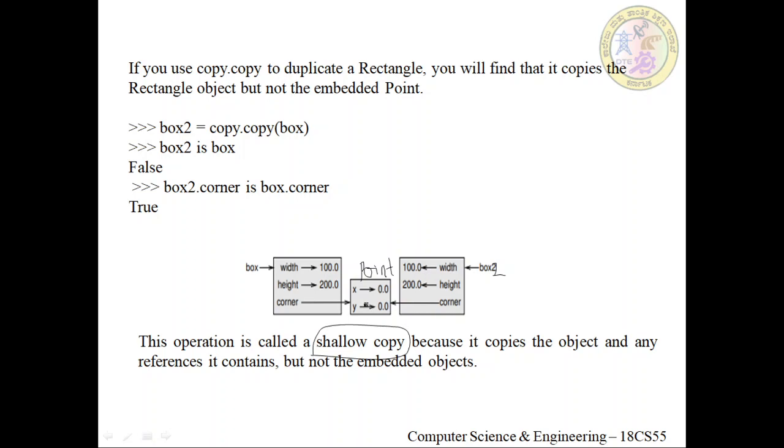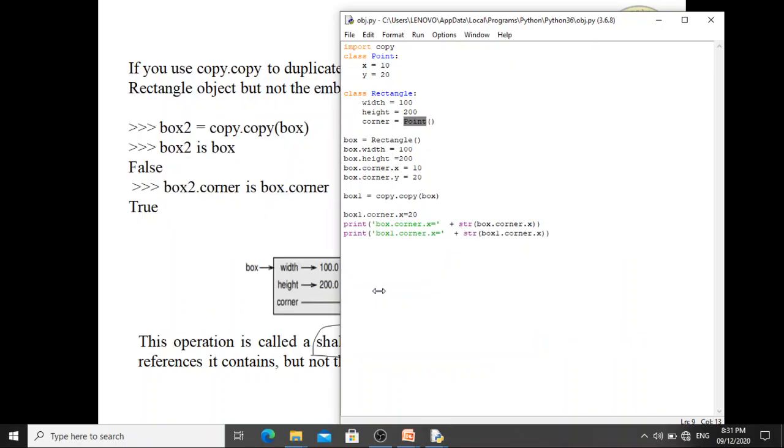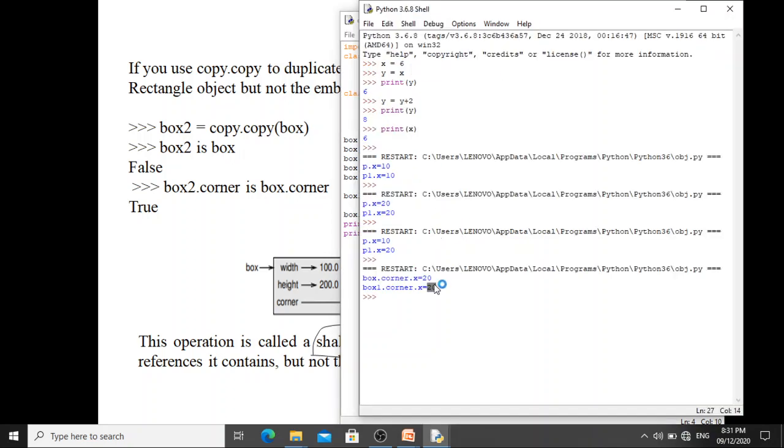Hope you are understanding this. So the normal attributes will be duplicated, whereas the object will not be duplicated here. Both the objects will point to the same memory location. That is why you could see the output here: both box.corner.x and box1.corner.x are 20.